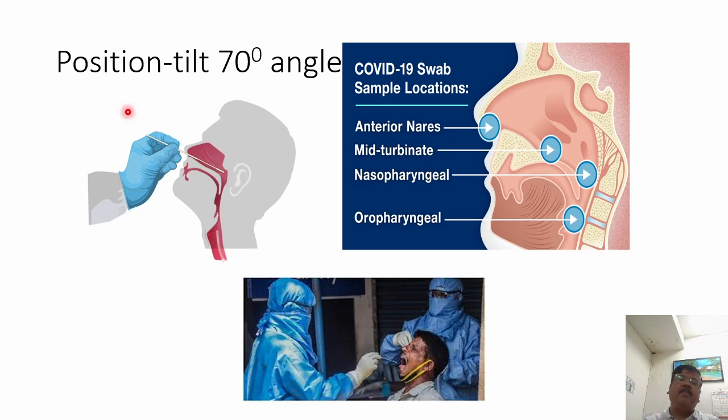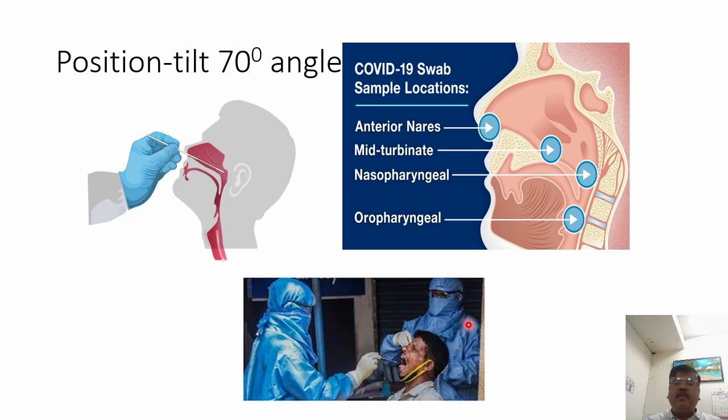While collecting the sample, ask the patient to tilt the head backward at a 70-degree angle and we can collect the samples. Anterior nares rarely, but mid-turbinate. For the rapid antigen kit, the samples should be collected from the mid-turbinate. And then for the RT-PCR test for COVID-19, nasopharyngeal and oropharyngeal swabs are added in the same VTM. Both the swabs are put in the same VTM and immediately transported. If there is a delay in transport, I repeat, we should keep it at a cold temperature, 4 degrees Celsius.